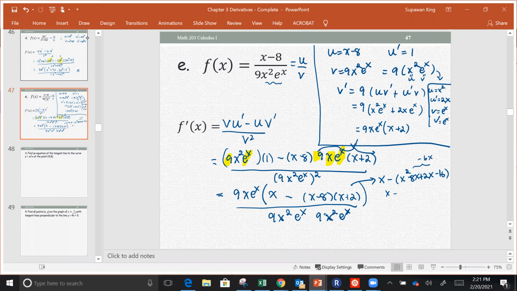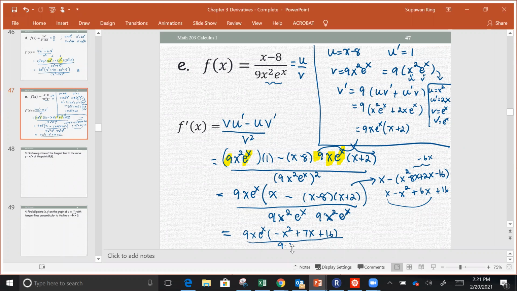We have x minus x squared plus 6x plus 16, and then combined, the parentheses become negative x squared plus 7x plus 16, multiplied by 9x e to the x from out front, divided by